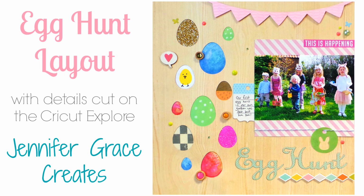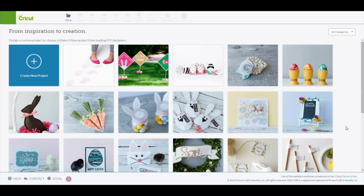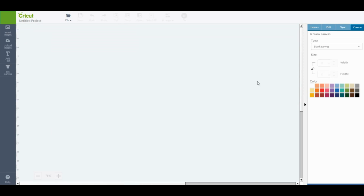Hello, I'm Jennifer Grace, and today I'm going to show you how to make this egg hunt layout. I made a lot of the items for today using the Cricut Explore, so I've loaded up Design Space, and